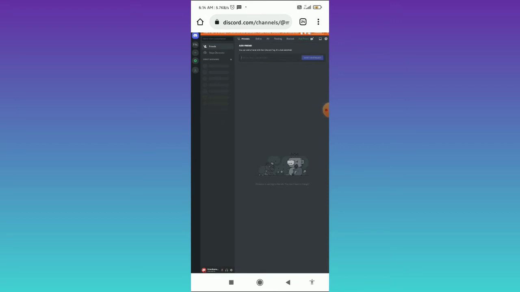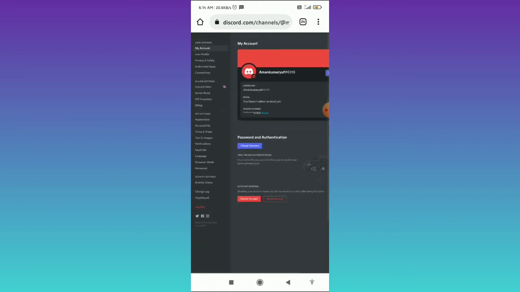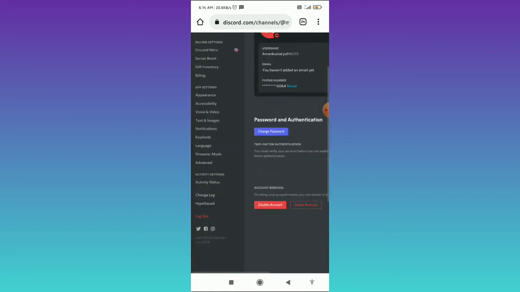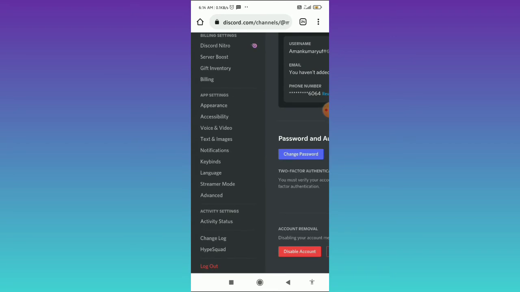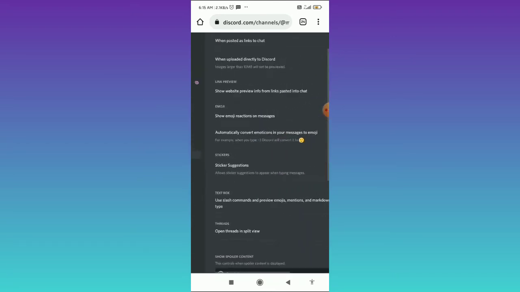From here you have to firstly zoom in to the bottom left corner, and here you can find the settings gear. Tap on the settings gear, and then here you have to zoom out, and then tap on the text and images. Tap on this, and from here you can simply